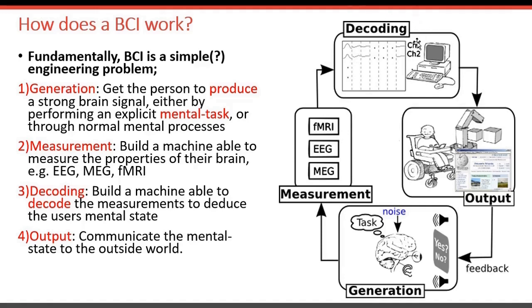Decoding involves building a classifier or decoder, a machine that can decode the data that has been recorded and that corresponds to the mental state of the participant, to infer the mental state so that we can use it to output control signals, control or communication. In this case, communicating with, for instance, a computer application. It could be translated as moving the cursor in XYZ directions, or generating a control signal to move the robot arm in some given direction.